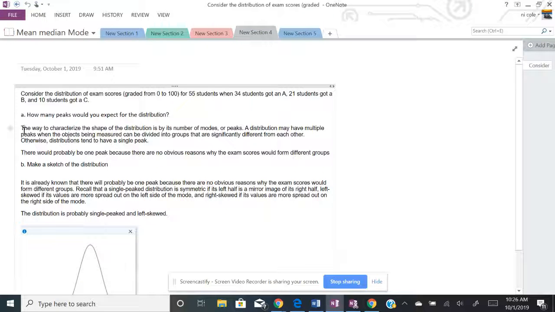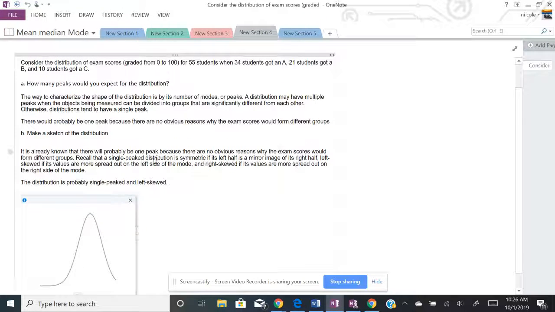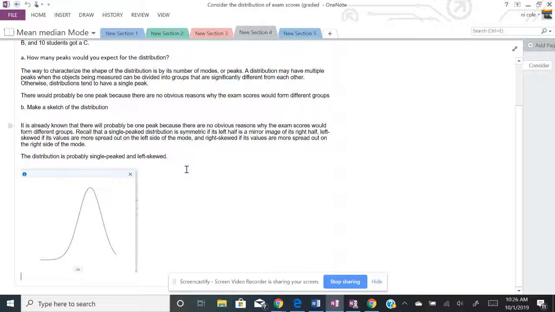Right. So we just finished part A. Part B says make a sketch of the distribution. It is already known that there will probably be one peak because there's no obvious reason why the exam scores would form different groups. Recall that a single peak distribution is symmetric